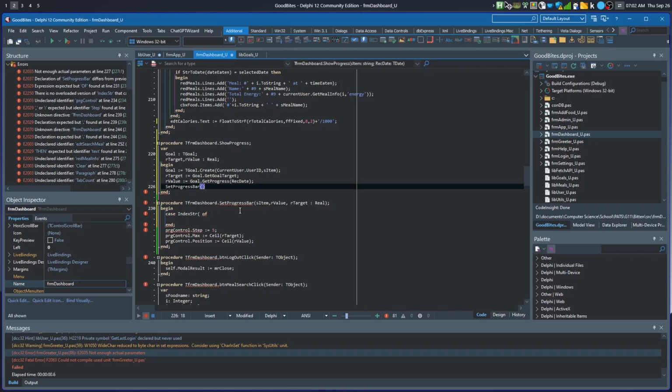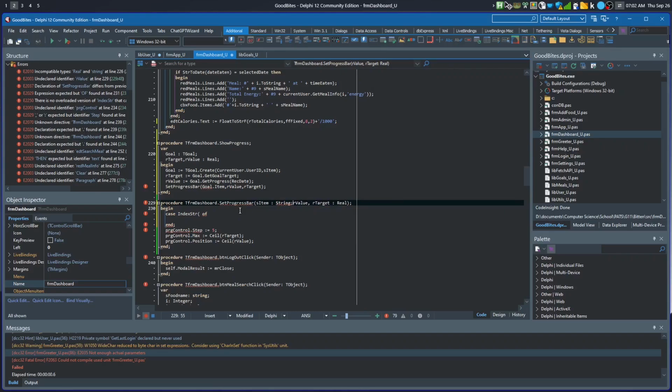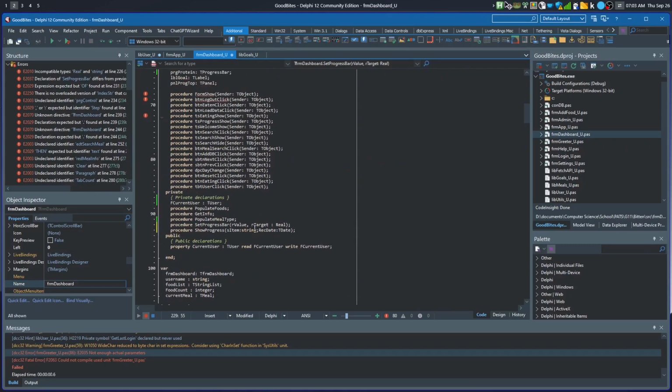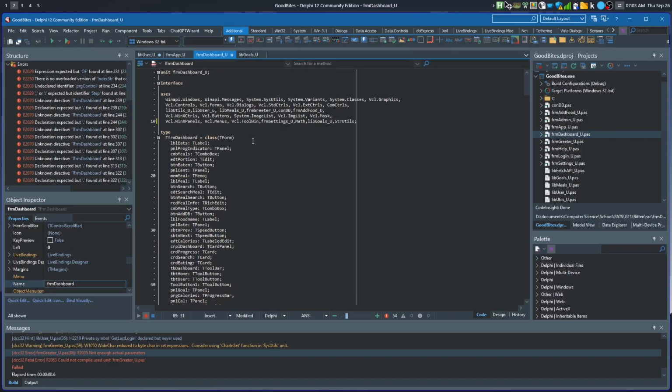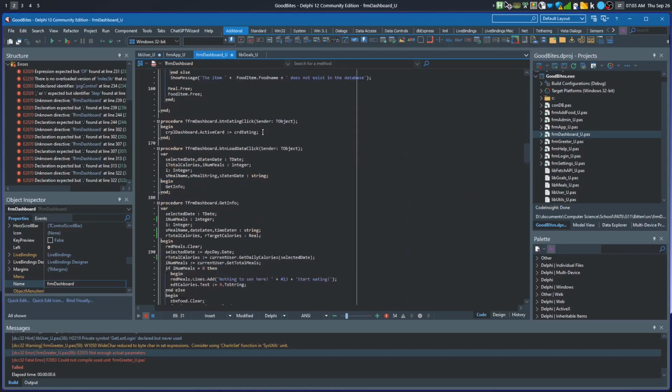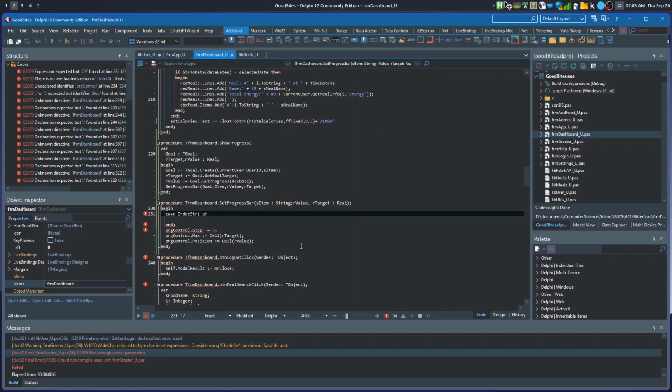Then goal dot item, value, and then target. Okay. String. Yeah, that's a bit, no, it's fine. Okay, index string of, in that case index string, that's item,